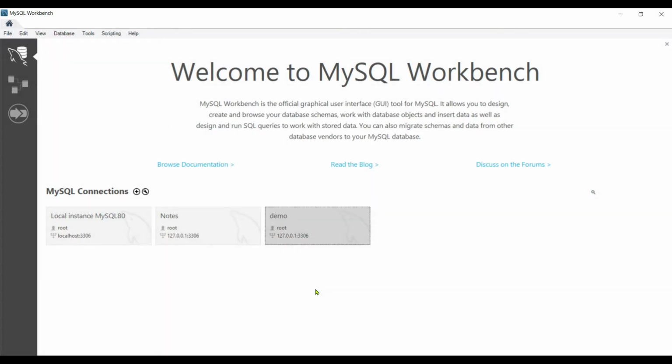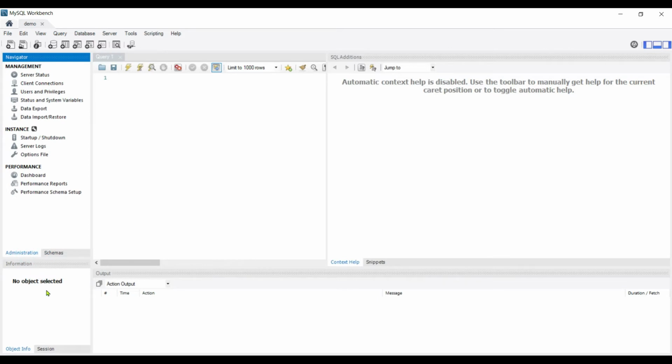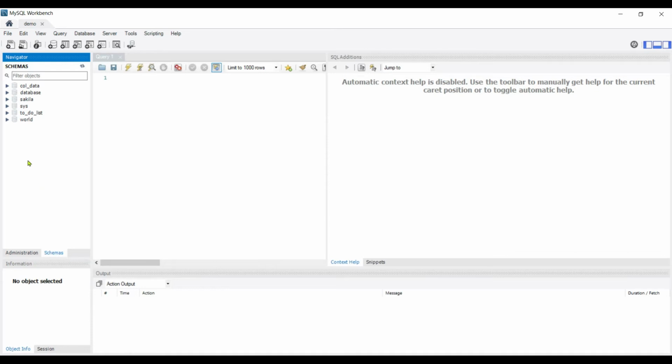Click on your connection. It will take a moment and open the workspace for creating a database and tables. These are the databases, of which a few are already there and a few I created. If you are new to this and have opened MySQL Workbench for the first time, you'll be on the administrator page, so you don't have anything to do over here. You just need to click on Schemas, right click, and select the option Create Schema. This is for actually creating a database.